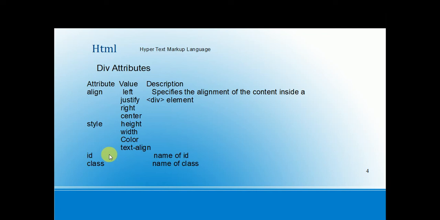Now id and class. I will discuss them with you in the CSS tutorial. For now you can understand that id and class can be used for specifying any element in HTML. Actually this is a name that can be provided in the HTML, and by this id value we can get any HTML element. Okay friends,